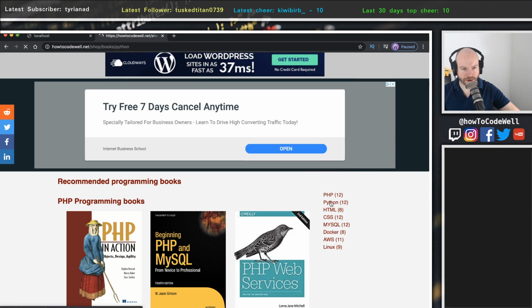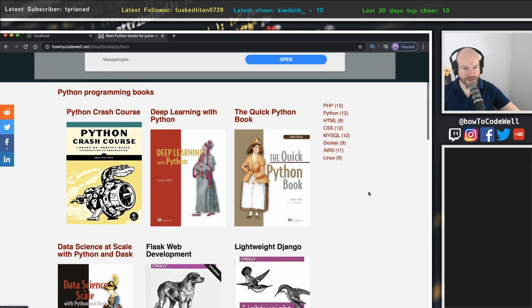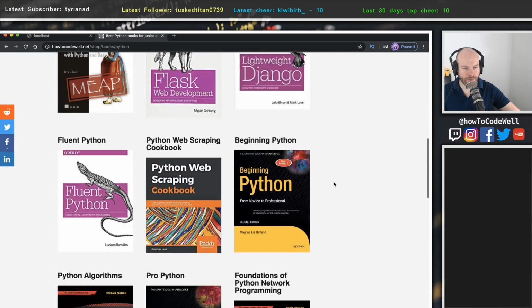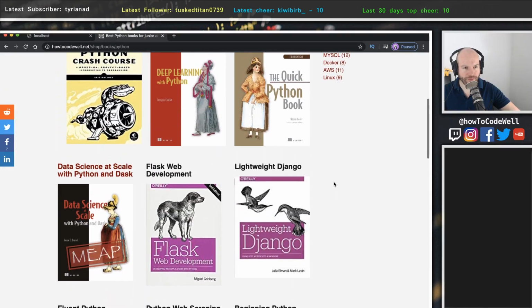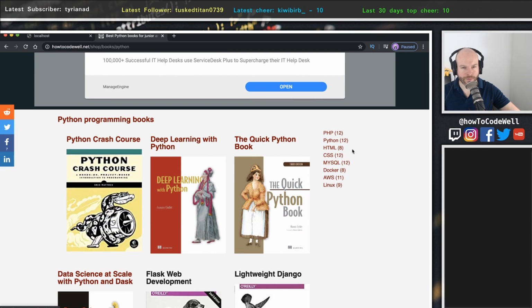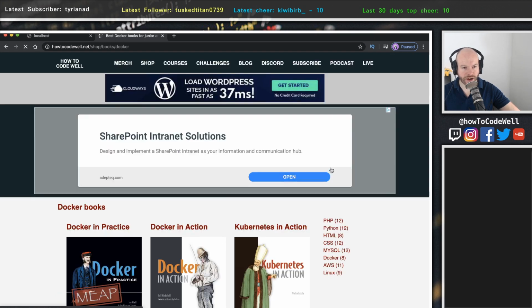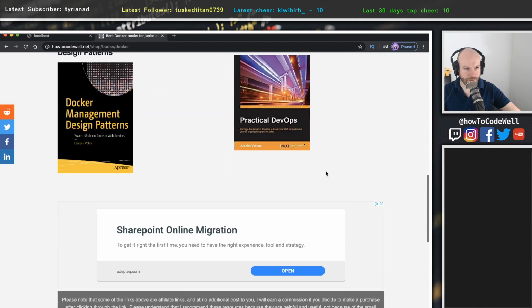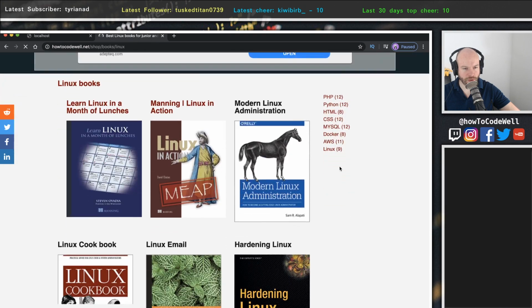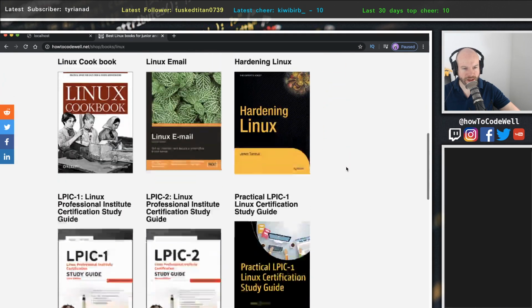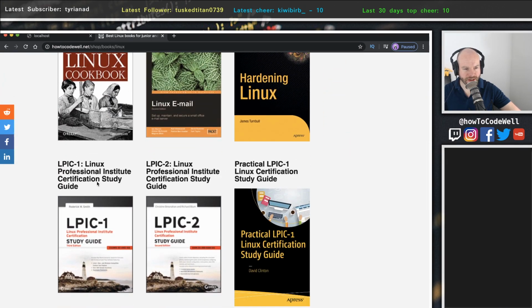We've got some Python here, so I own a lot of these, or I have done in my past. They've changed the icon of that Flask. I've got the old one or the new one, and then we've got CSS, we've got some Docker, the Linux stuff, which I was using when I was doing my LPIC. I have these study guides,